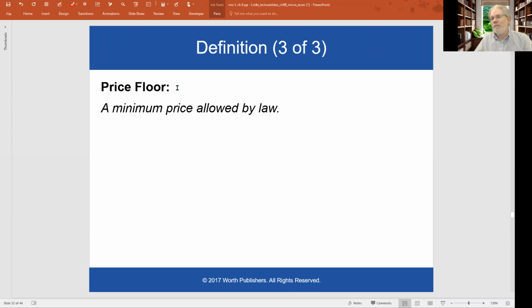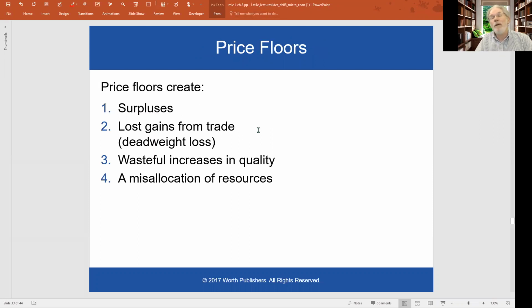On the other hand, first we've been talking about price ceilings. Now another type of control is a price floor, which is a minimum price allowed by the government. It's where the government is telling producers, you can't charge less than a certain price. Okay? And just summarizing what the effects are going to be, and then we'll go through them individually.